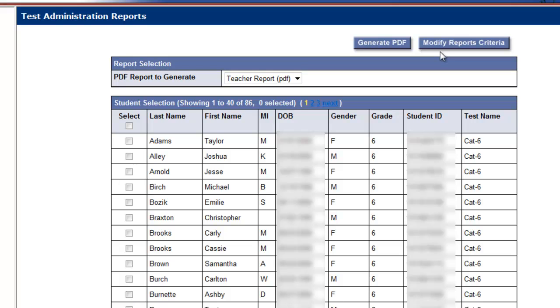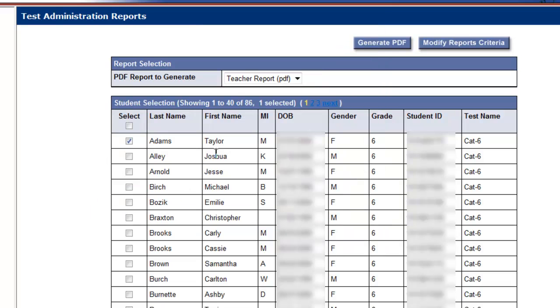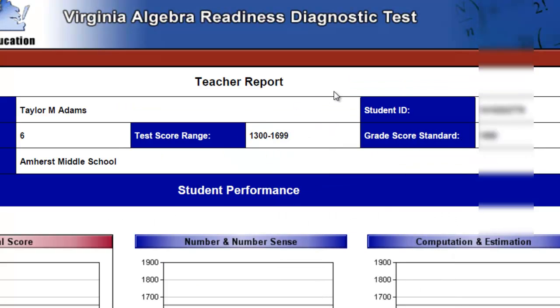Here is where it breaks down each student, and it shows you their first name, last name, middle initial, date of birth, and other vital information. But here we really don't see the report in and of itself. So in this case, you would have to highlight a student's information and then tell it to create a PDF. At this point, it'll actually create a file that you'll look at, and then from here, you'll see it in a second. It'll actually show the report